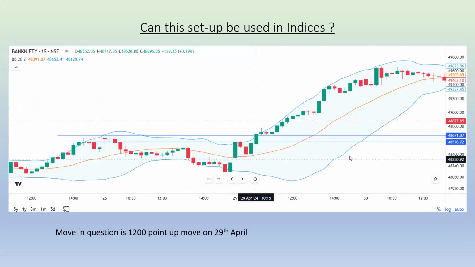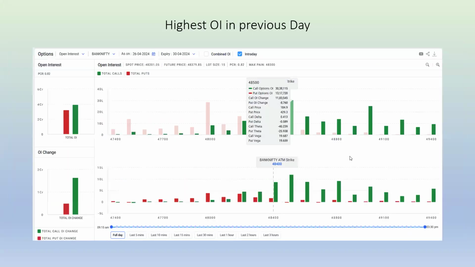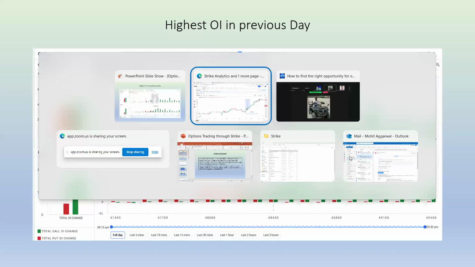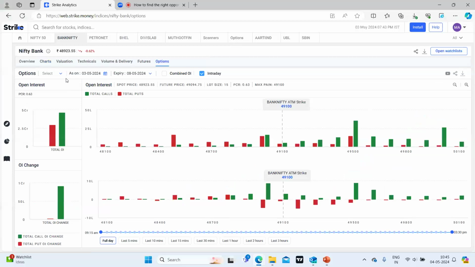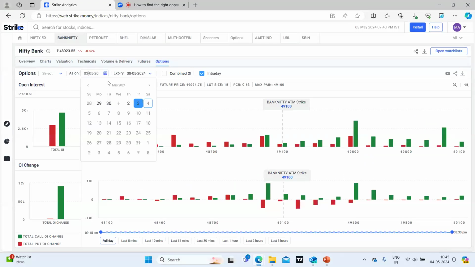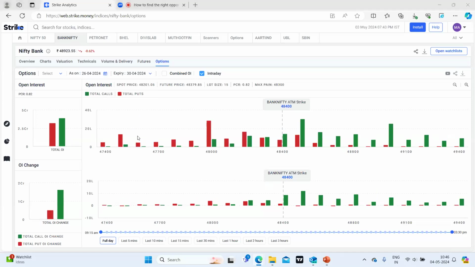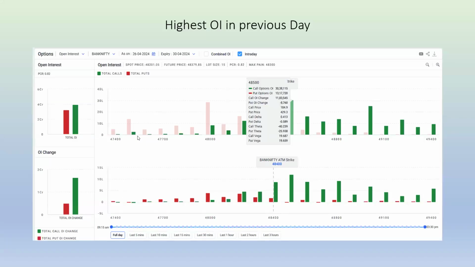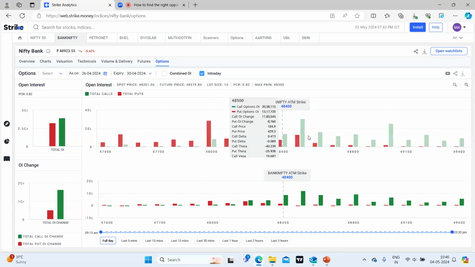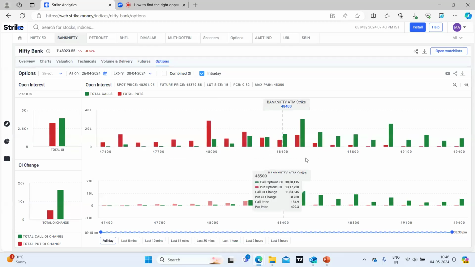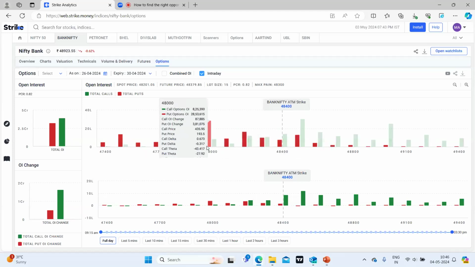मैं आपको दिखाता हूँ. This was high open interest on previous day. Options में हम ये है, previous day was 26th of February, right? 26 क्या है? 26. ठीक है सर, ये देखिए 48,500 का आपका हाईएस्ट कॉल का ओपन इंटरेस्ट है, राइट, और 48,000 का आपका हाईएस्ट पुट का ओपन